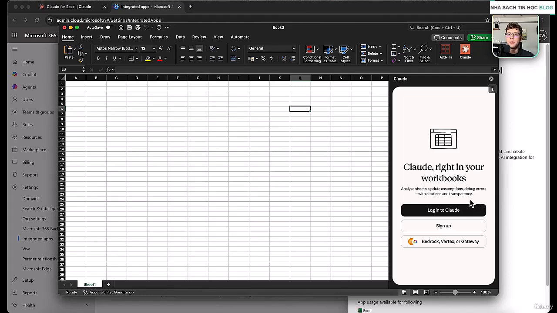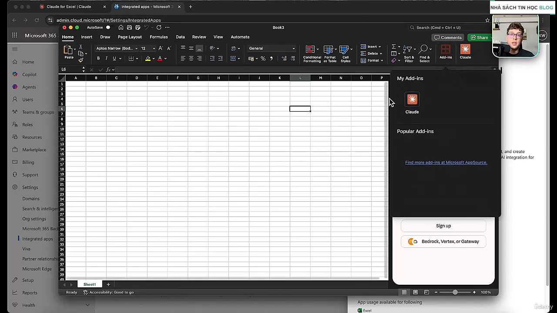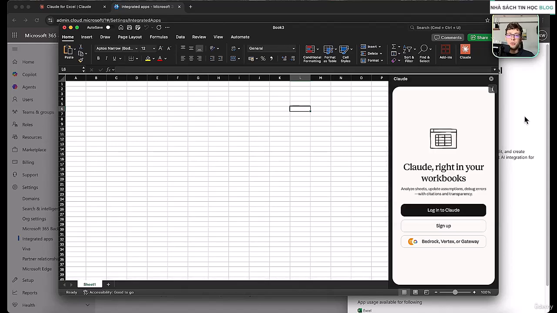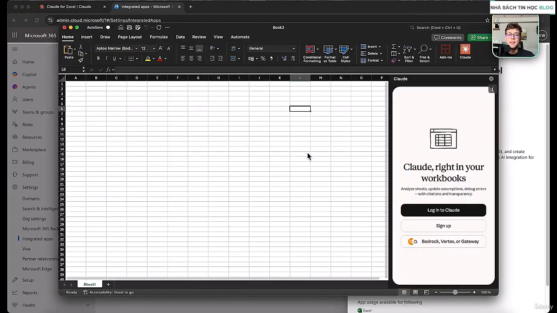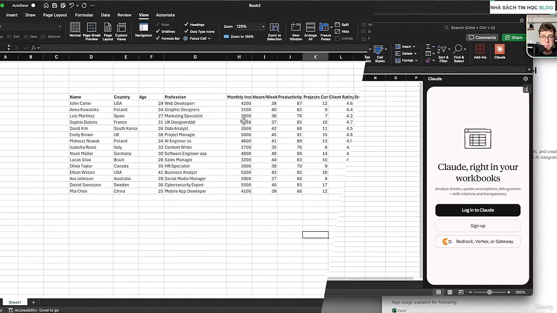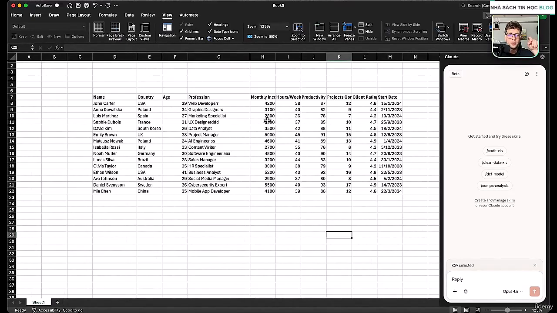However, sometimes we've got some errors. For example, some users can't see this option, the Add-ins. For that case, what you need to do is to try to restart the application, maybe restart the computer, try to reinstall the application in the Microsoft Store, or even try to log out and log in once again to Microsoft Excel. First, what we are gonna do in this video is clean up and format the data.